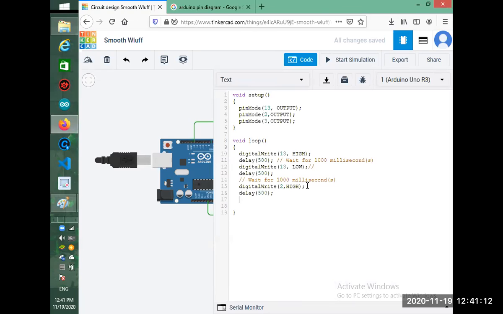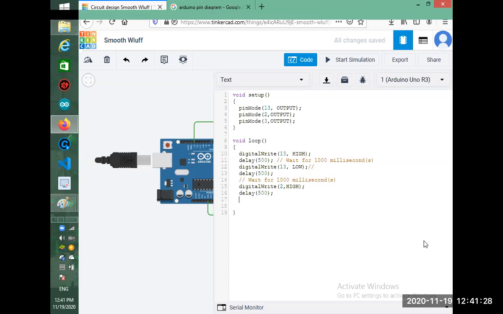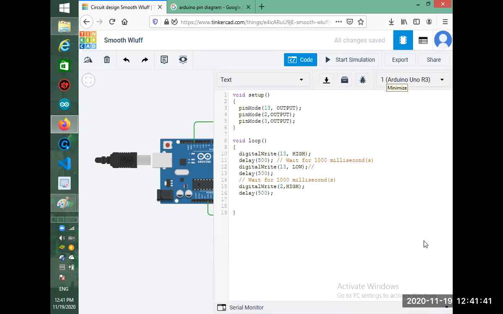After that, we need to switch it off. We turn it on for some time and we need to turn it off for some time. Delay means holding in a certain position. If you're standing somewhere and you have a delay of 5 minutes, you need to stand there. When we say a train is 5 minutes late, it means you have to wait in a station for 5 minutes. Got it? Delay is actually a function, like pinMode and everything else in this.